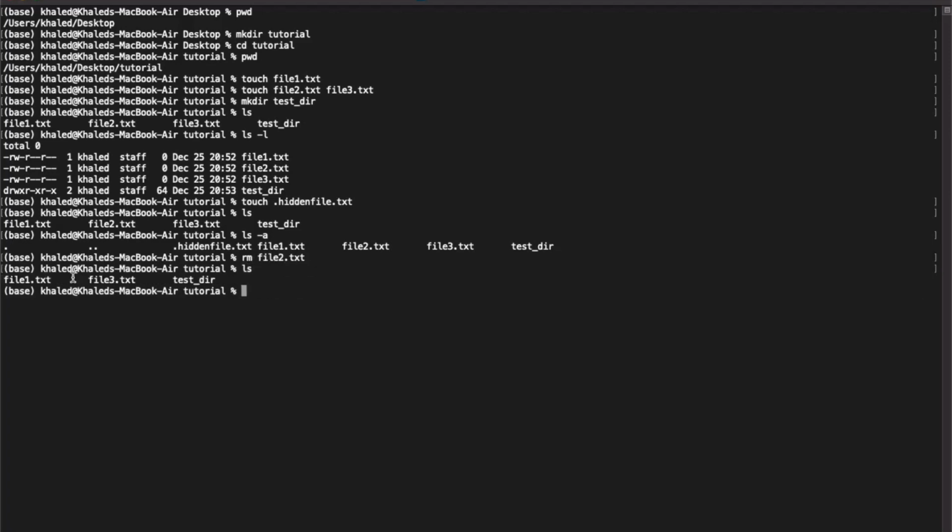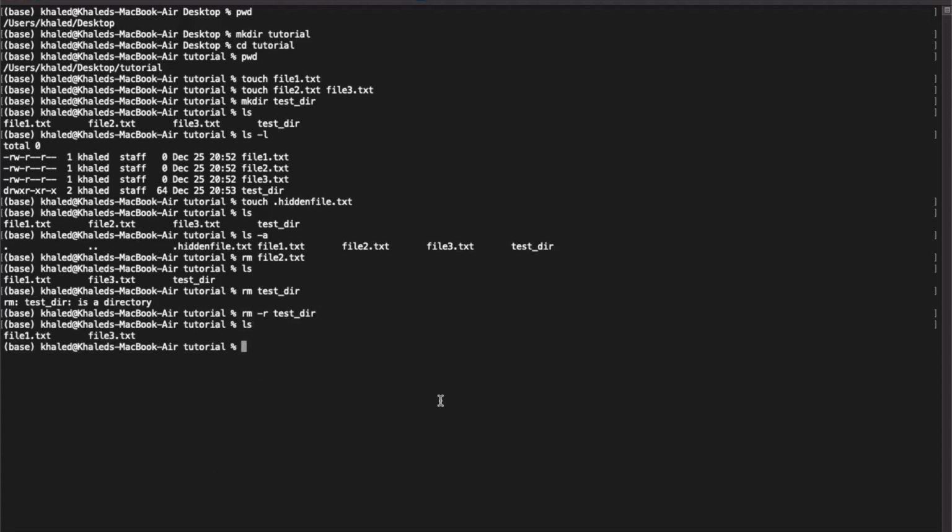And let's do ls. Now we have file 1, file 3, and then the test directory. Let's try to remove the directory. So we use rm and then test directory. And it won't let us remove it because it's a directory. To remove the directory, we pass in an argument to rm. So we do rm -r and then the name of the directory. And now type in ls to list, and now we don't have the